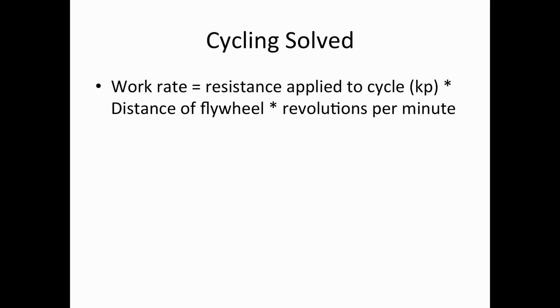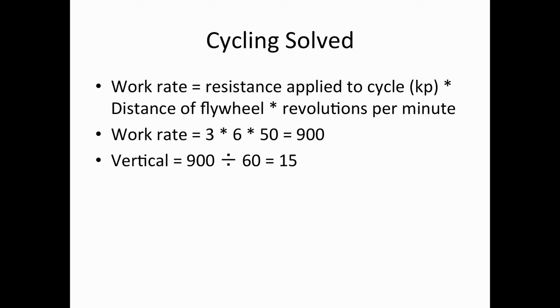So there's your reminder of how to calculate work rate. Let's plug in a few things. So from our example, the person was cycling at 3 kP, so we plug that in. The cycles that we have in the laboratory are Monarch cycles, and they have a distance of 6 meters around. So we're going to use 6 as distance of the flywheel, and you're going to use that in your calculations as well. And then the revolutions per minute was given at 50, so you multiply that out, and that equals 900. So then to find the vertical component, we take that 900 work rate,